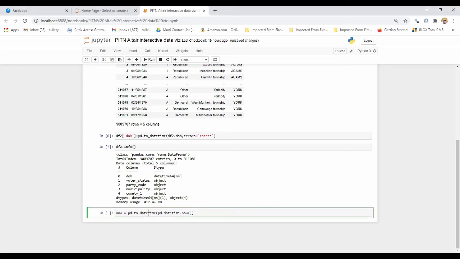All right. So you have the datetime function, pd.to_datetime now. It's going to take the pd.datetime.now timestamp, turn it into a datetime object, and store that in the now variable. And next, we're going to create a new column called age,